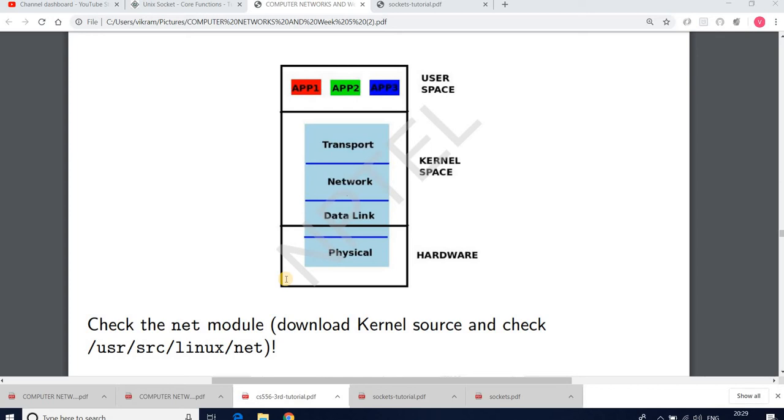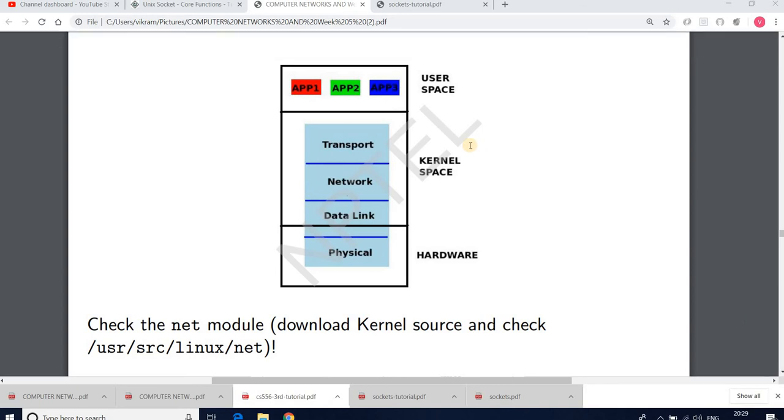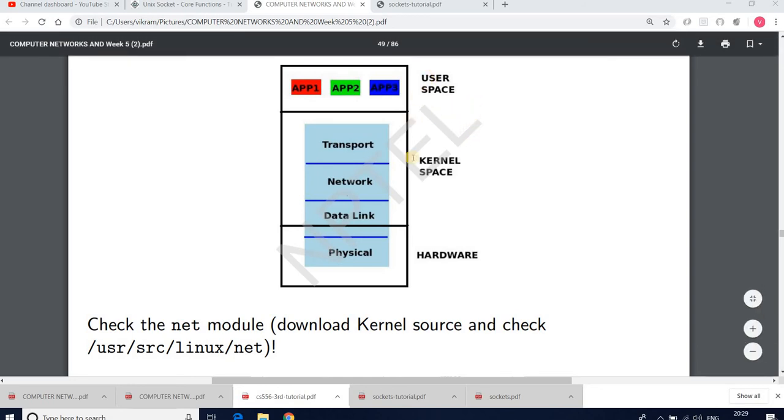Whenever you write a network application at the user interface, you have to use certain functionalities which are available at the kernel. So we require an interface between the user space and the kernel space.